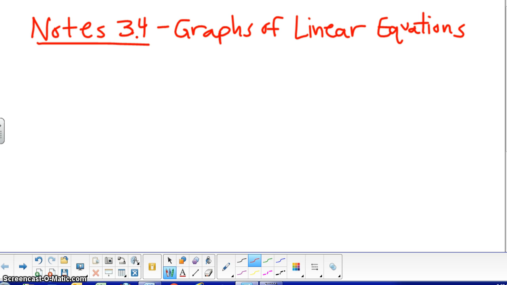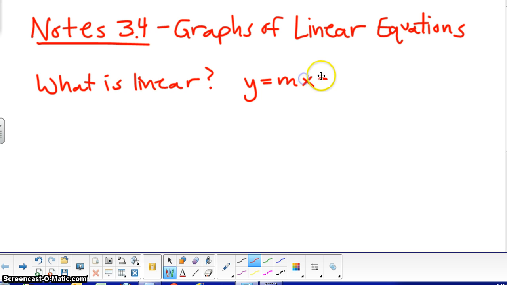So before we start with the actual equations, we've got to figure out what is linear and what is not. In most cases, you've seen a linear equation, and we're going to be using this quite a bit, is y equals mx plus b. So it's in that form. You knew exactly if it was a line or not. But what if it's not in that form? For example, 5y plus 8x equals 9. This is an example of a line